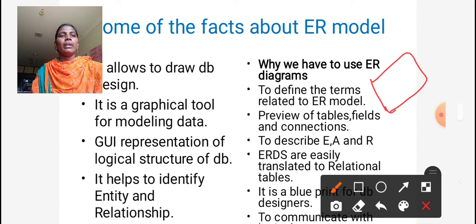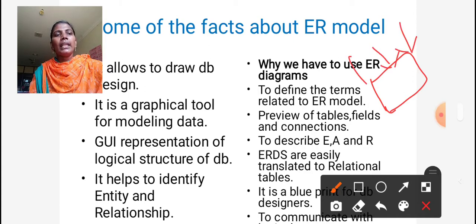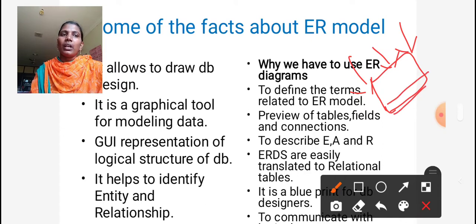It will display diagrams for any entity, attribute or relation. We have different diagrams for entities, different diagrams for attributes and different diagrams for relations.